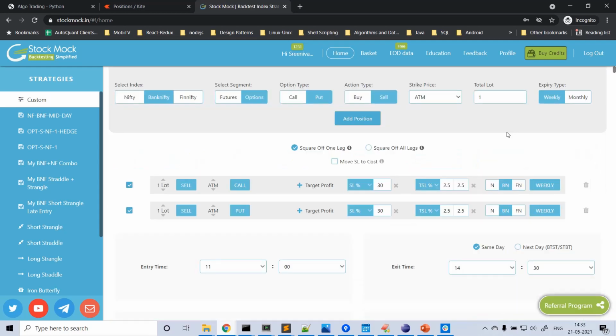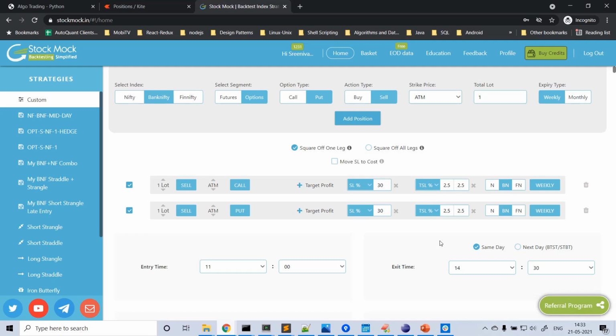What is our logic here? We are selling one at-the-money call and one at-the-money put with an initial SL of 30%. And the TSL, what I implemented is moving 5 points for every 5 points. That functionality is not available for backtesting here. You can give it in percentage terms, for every 2.5% move, move the SL by 2.5%. So it's not exactly the one I implemented in the demo. It's a bit different. We can't move the TSL every 5 points in options.